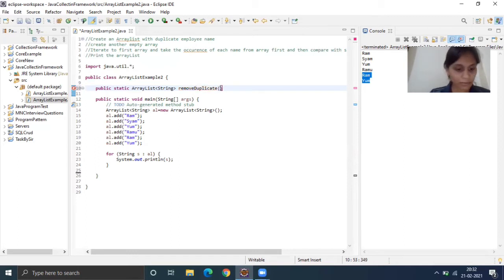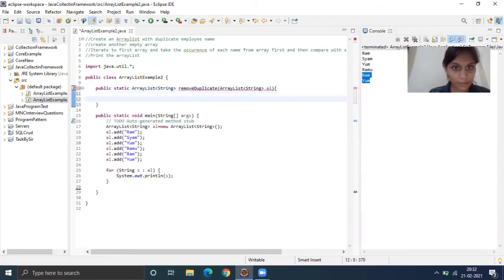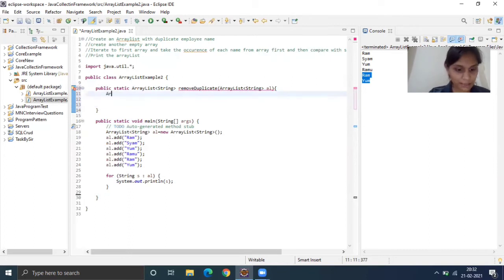Then pass the argument of the first element. The remove duplicate method takes the array list of first strings, so just pass the first array list as an argument in this method. And the return type of this method, just create another array list. The type of this is also string, because I am going to compare with array list 1 and store some elements